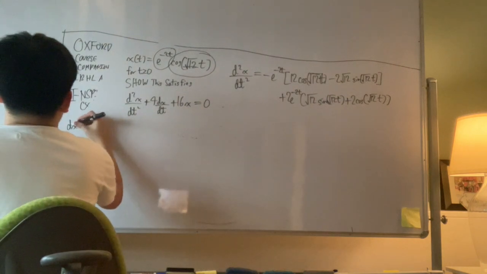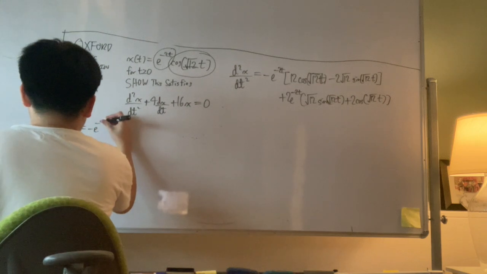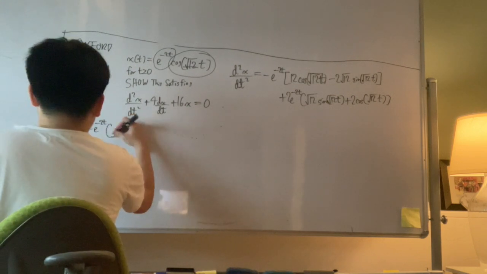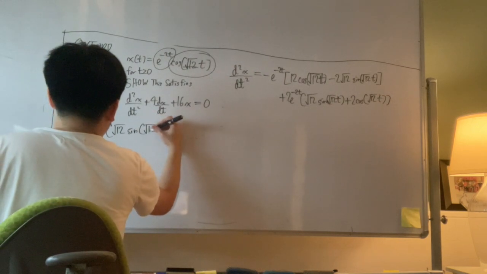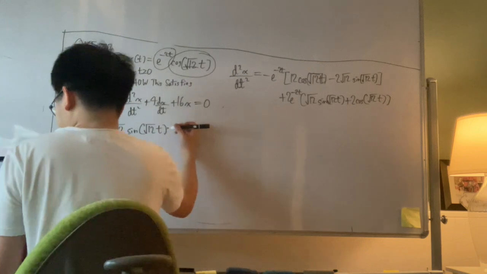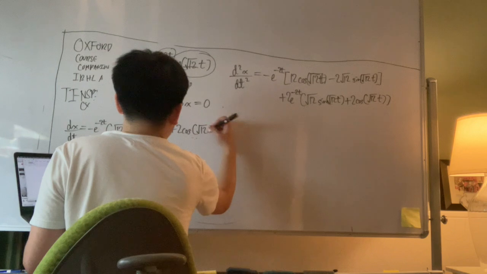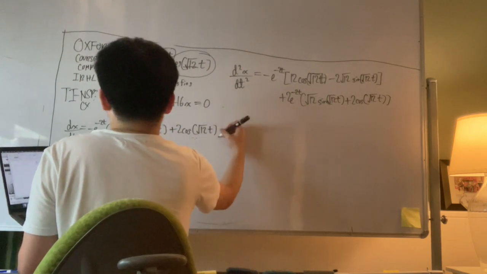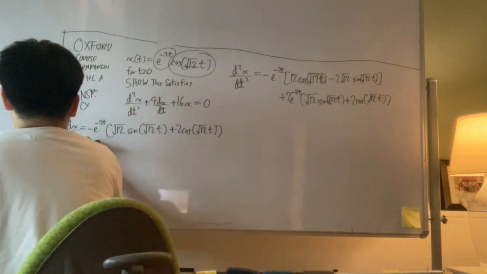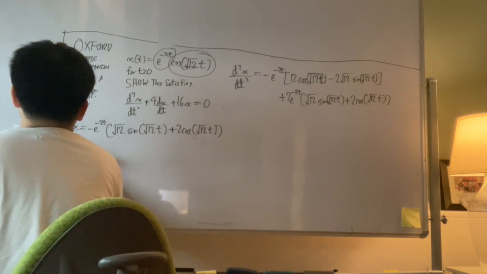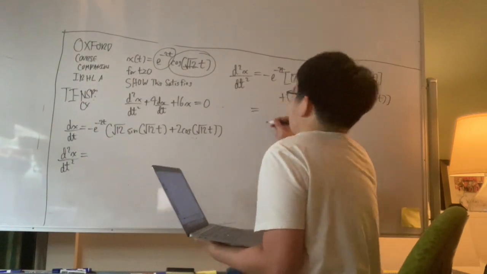So then dx dt is minus e to the minus 2t, square root of 12 sine of square root of 12t plus 2 cosine of square root of 12t. This will be where we put the final answer, the nice formula we want for the acceleration. But for this here,